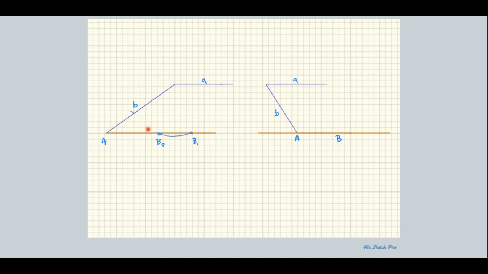It's also possible that I can get two. If it's longer than the altitude, I'm going to have this line swing and hit this line twice, giving me two triangles. And the nice thing about those two triangles,